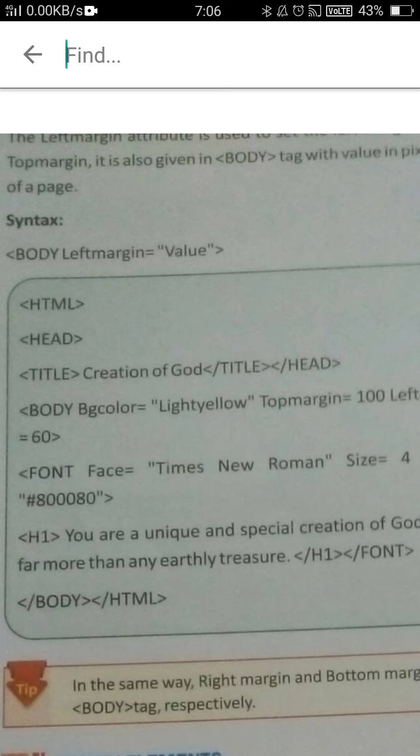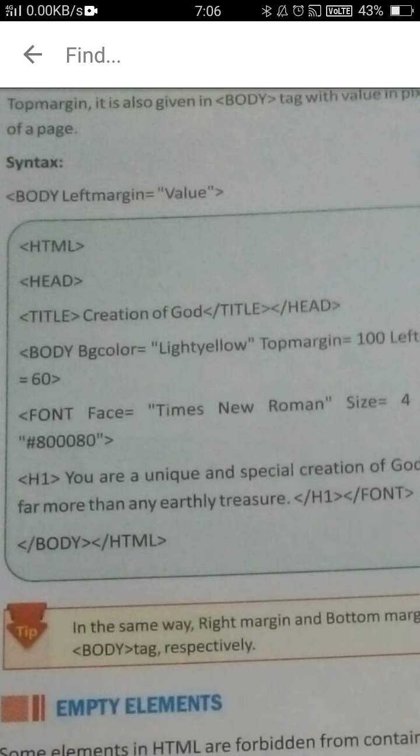When you bring your arrow on that text and click there, something else opens, and that is the link. The link may be to another web page, to an image, or to text, whatever it is.